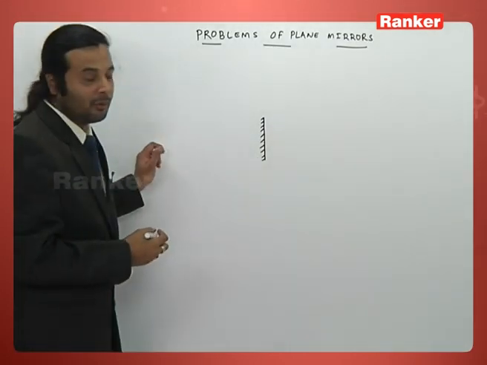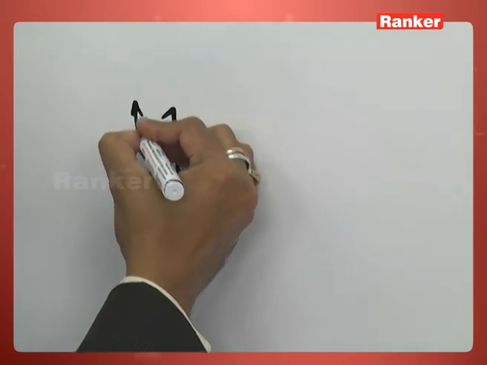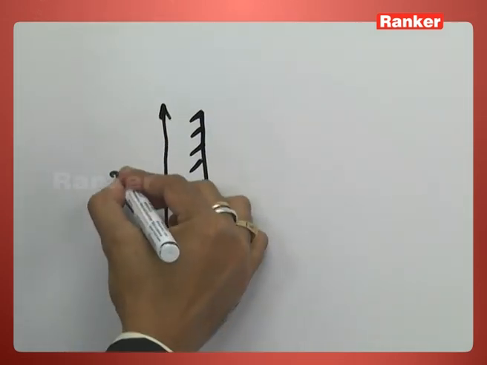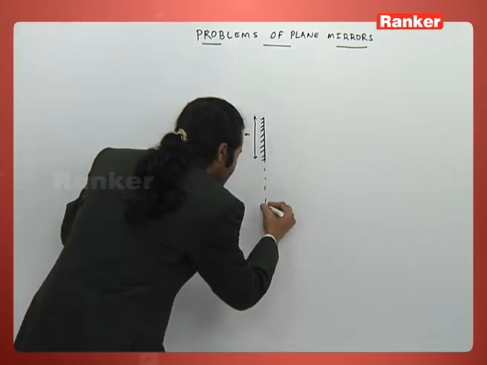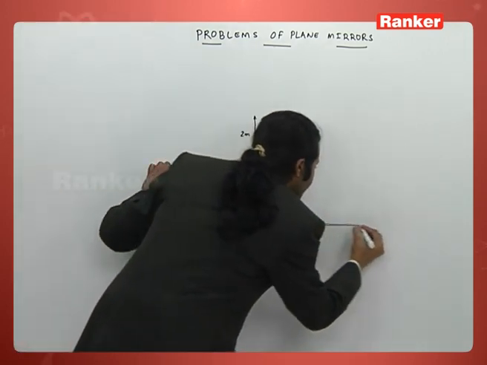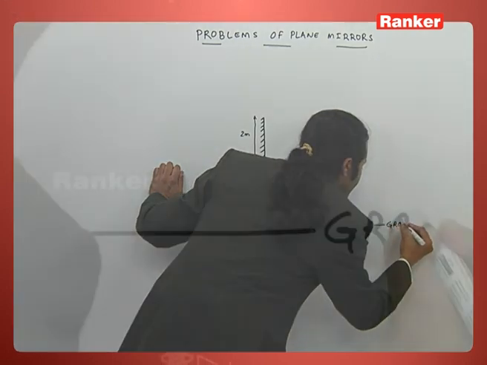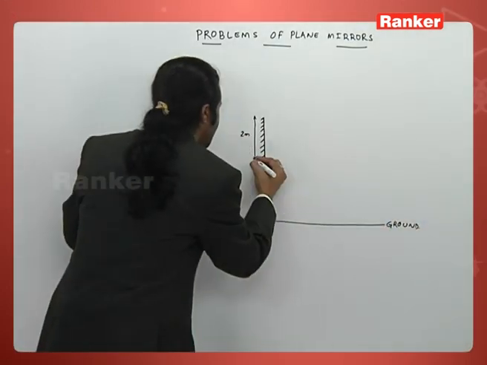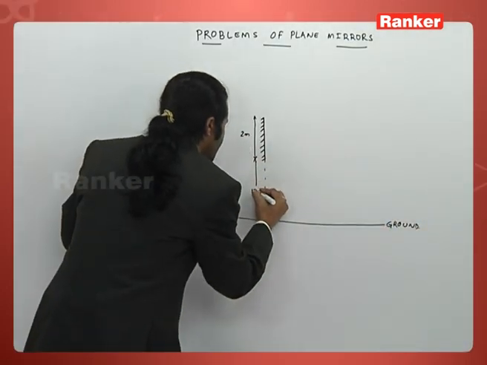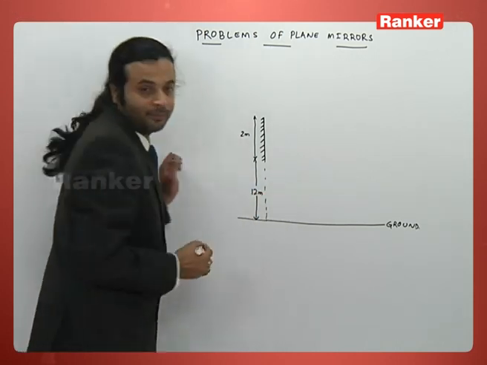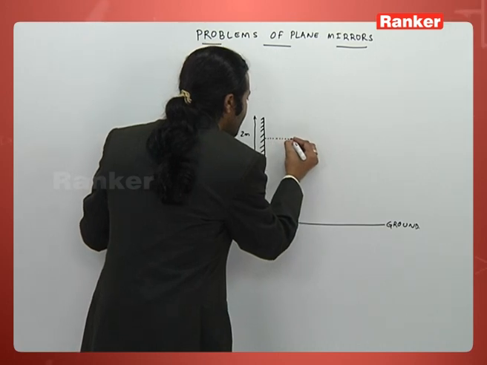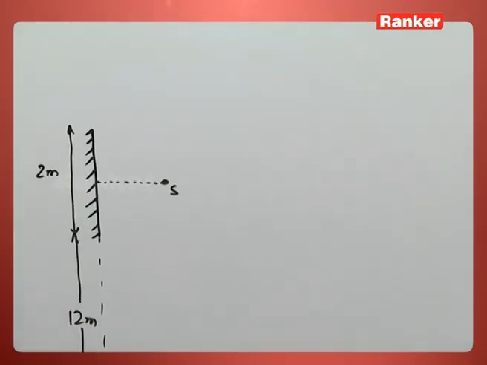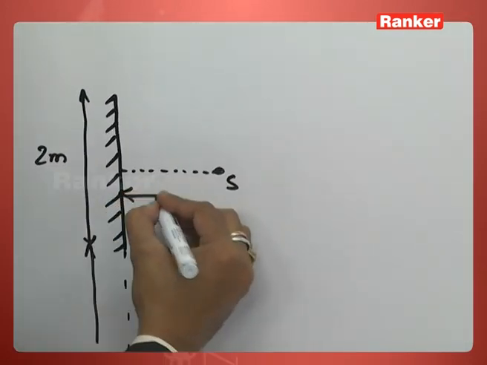This is the plane mirror which is at a height of 2 meter, and this ground which is at a distance of 12 meter, and there is a point source, something here S, which is at a distance of 50 centimeter,